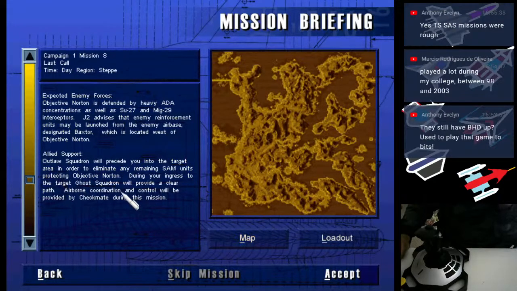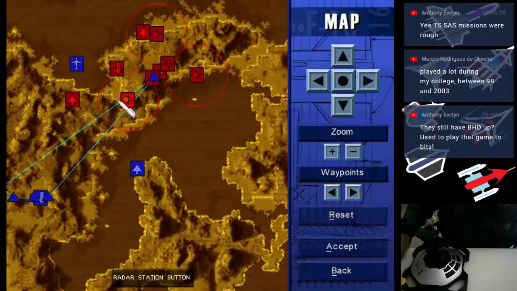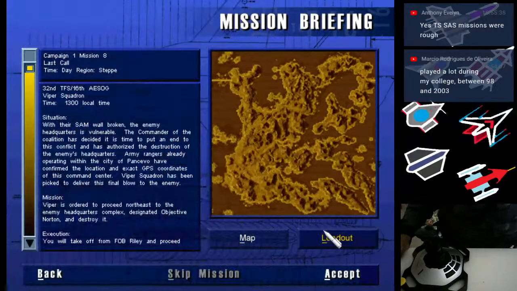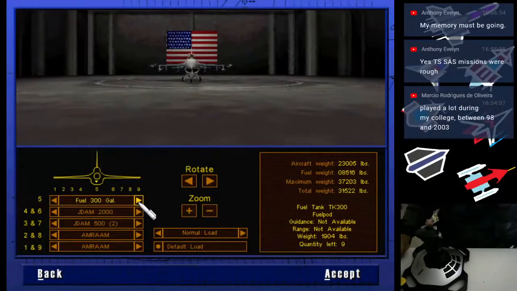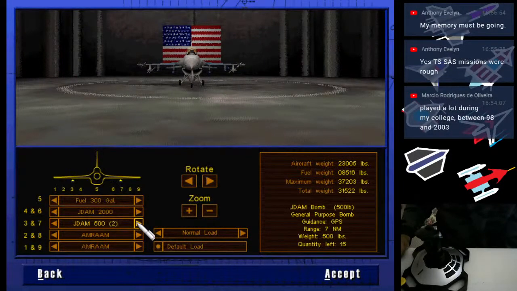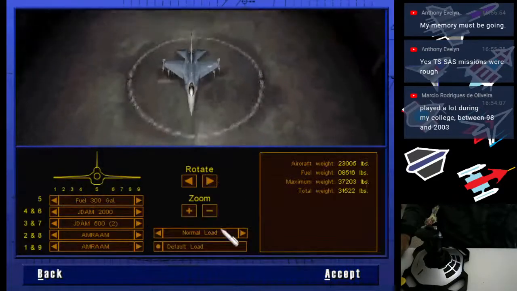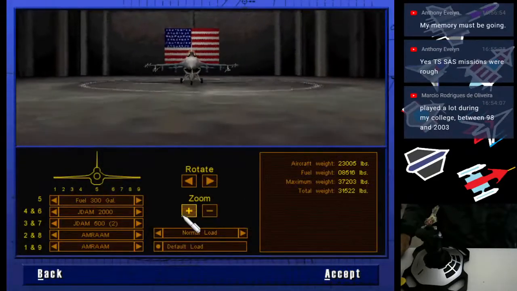Okay, we got Outlaw for Siad, we got Ghost for Cap. Alright. Good enough. Fuel. Okay, JDAM bombs, and then 500 pounds. 4 AMRAAMs. Alright. We're going a little bit heavy here, but...